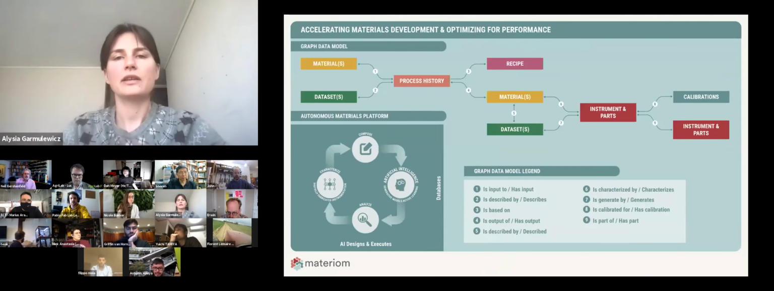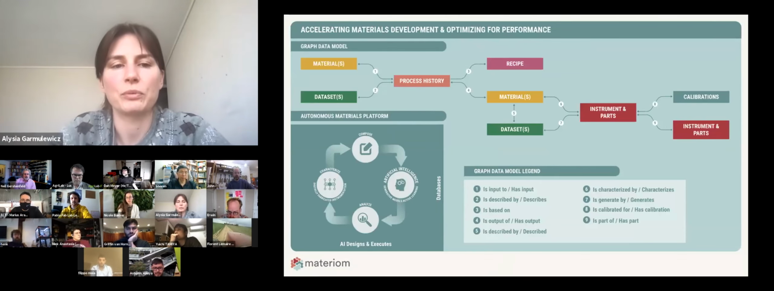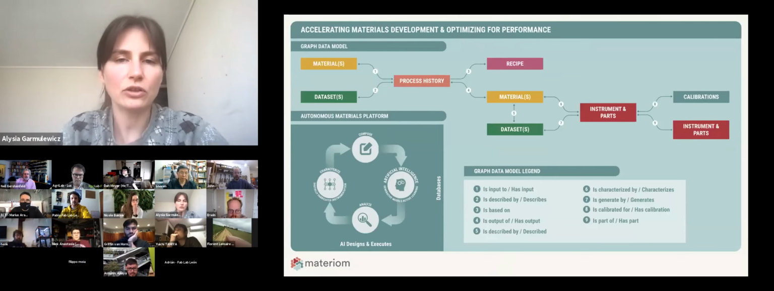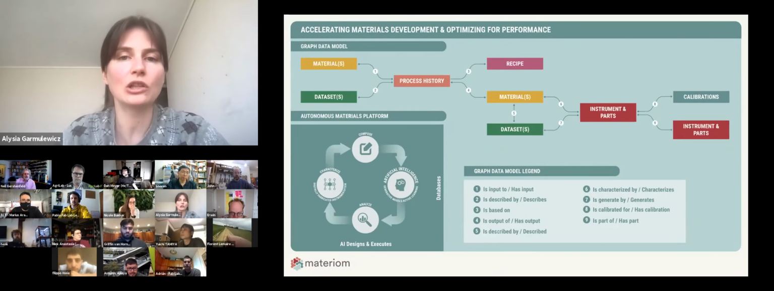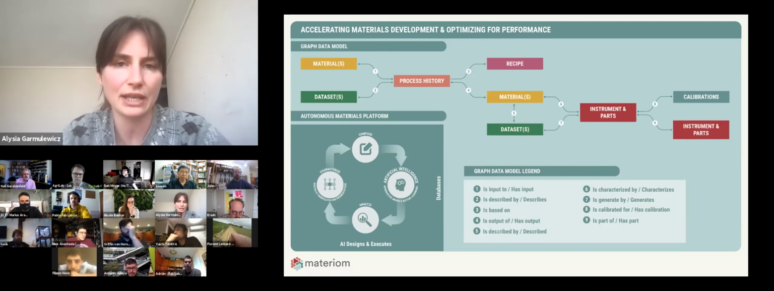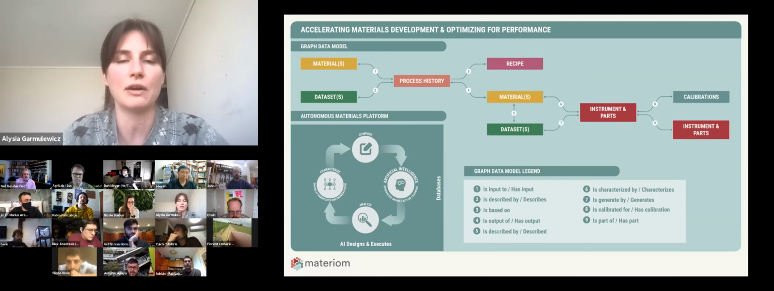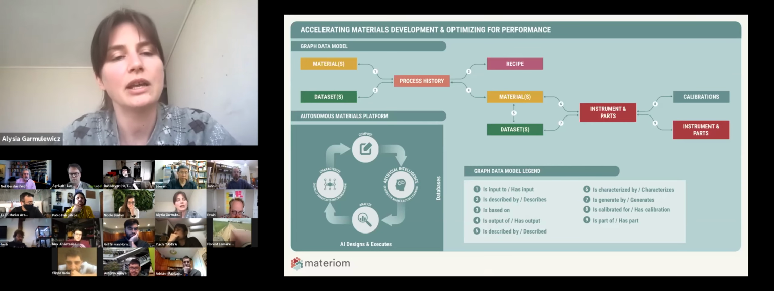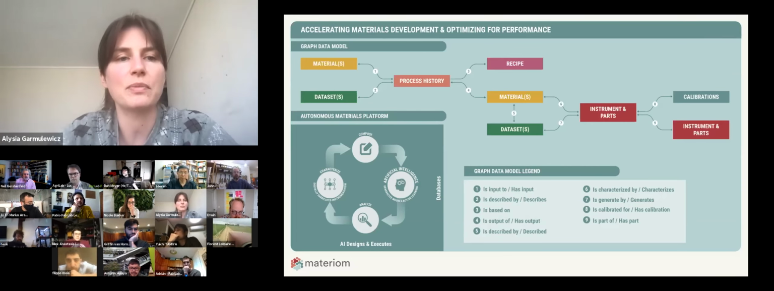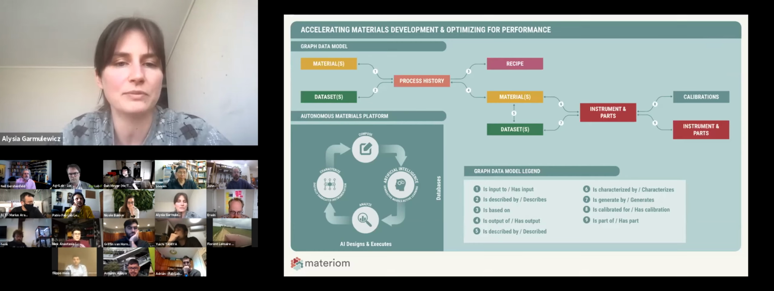So back to the data infrastructure that we're building, there are two main technical components of Materium that are going to enable, we're hoping, a large amount of data on biomaterials and their applications and properties to be available and freely available in an open source manner. The first is an autonomous materials platform